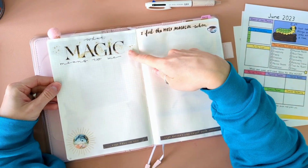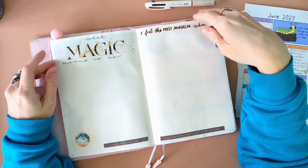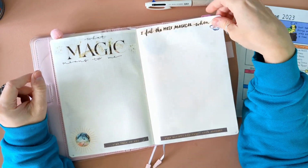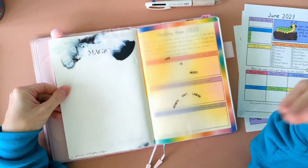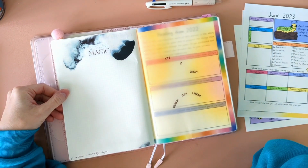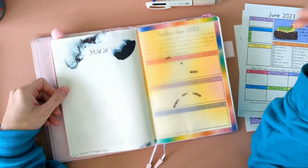So it says what magic means to me. And I feel the most magical when. For me, I feel the most magical when I'm creating art and stories and stuff like that. So to me, my magic is stuff about writing. Don't talk to me about my writer's block though. And then Be a Seeker of Everyday Magic. These are also from the same Cosmic Watercolor sticker book. And then I have a note here, Pisces equals everyday magic. I don't know where I heard that, but...